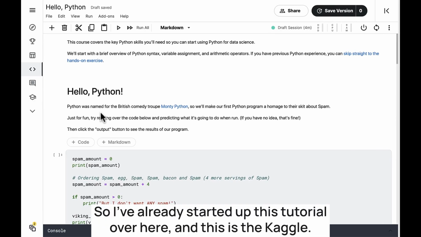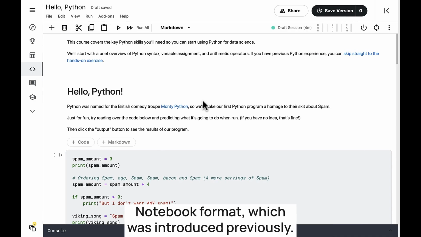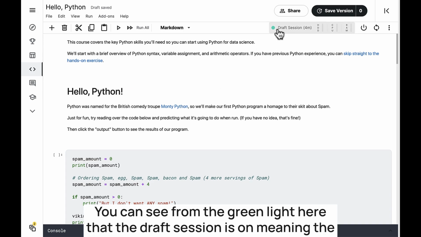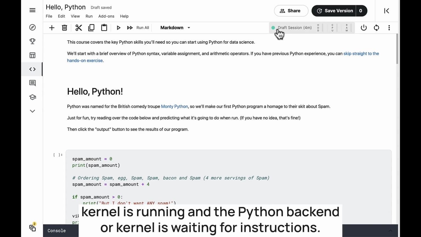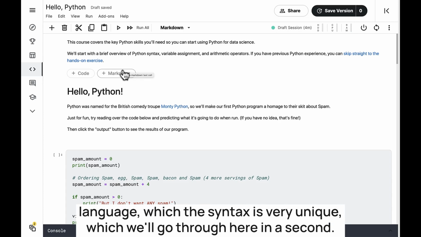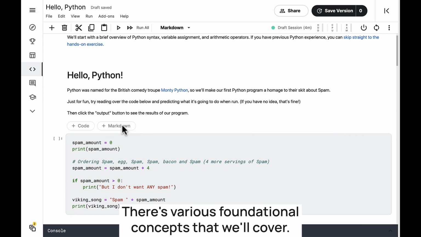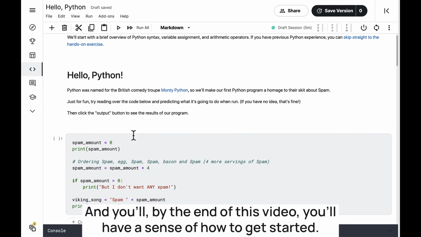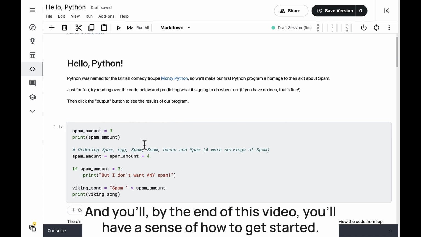So I've already started up this tutorial over here, and this is the Kaggle notebook format, which was introduced previously. You can see from the green light here that the draft session is on, meaning the kernel is running and the Python backend or kernel is waiting for instructions. Python, of course, which has been introduced, is a fundamental programming language, which the syntax is very unique, which we'll go through here in a second. There's various foundational concepts that we'll cover, and by the end of this video, you'll have a sense of how